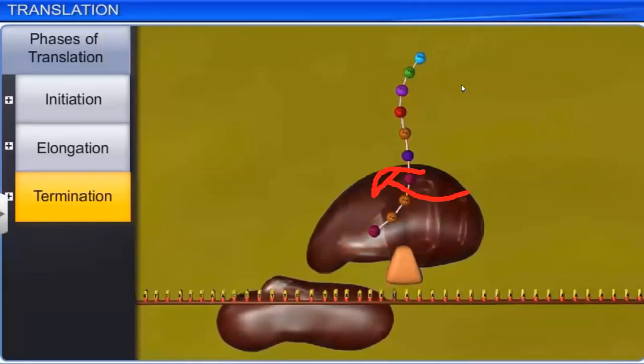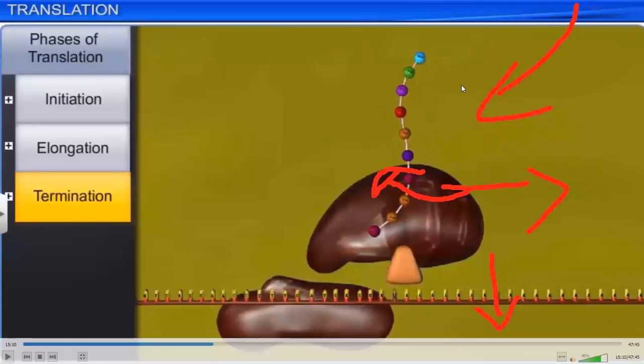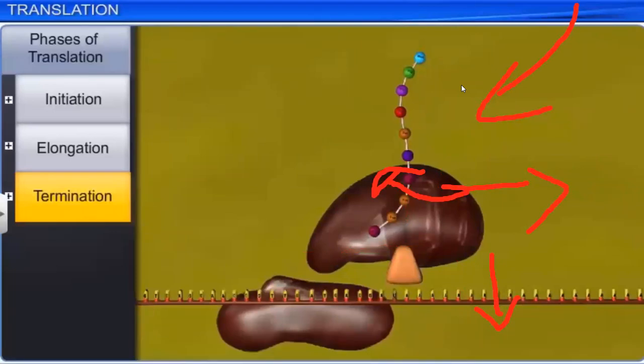Okay, and then again this recipient site becomes vacant, and another tRNA keeps on coming. The coming of this tRNA depends every time on the code present on the mRNA. So it will happen till the stop codon, where the codes are meant to stop the process, suppose it is here. This process will keep on happening: the tRNAs will be coming, attaching every time to the recipient, the second site.